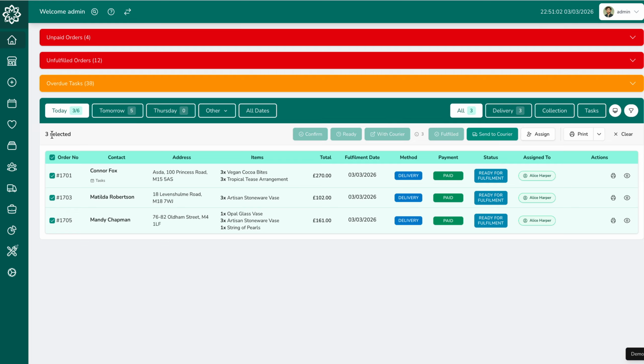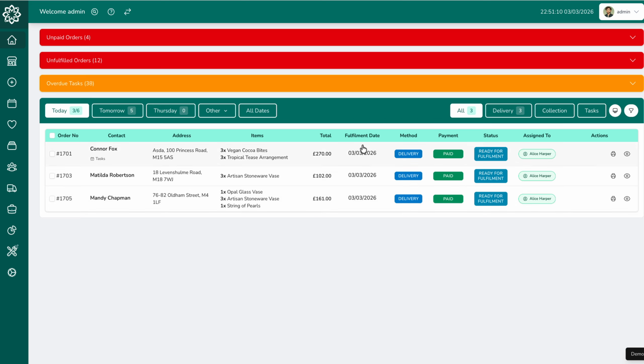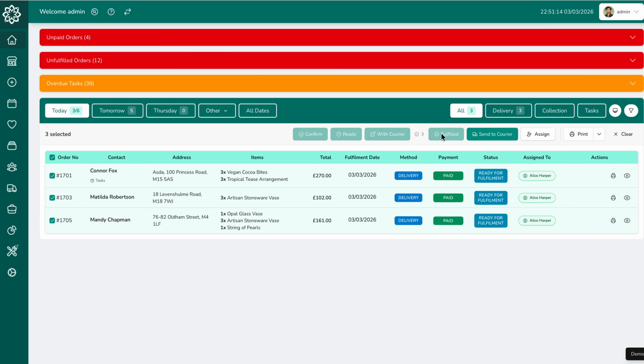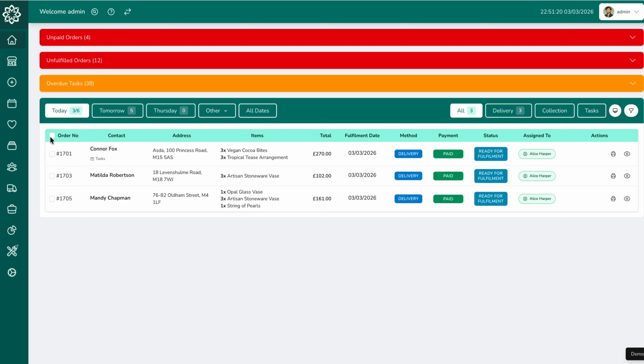Then lastly, you can't mark them as ready as delivered. Actually, you'd have to do that in the app. You can individually mark things as delivered if needs be, and you can do that